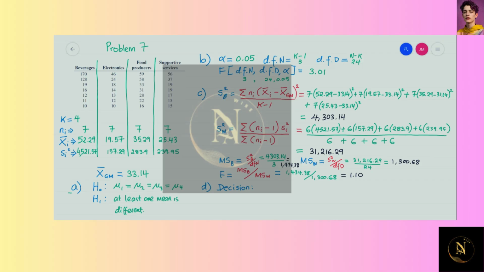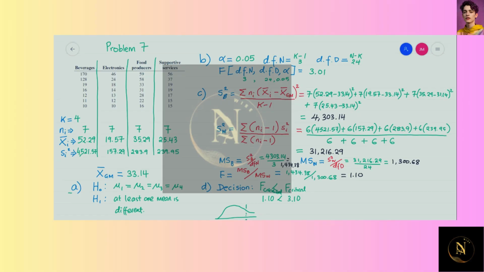And now, to make the decision of whether to reject or fail to reject the null hypothesis, we shall compare the calculated F with the critical F. So in this case, we see that the calculated value of F is less than F critical. Since the calculated value is 1.10 and the critical value of F is 3.10,